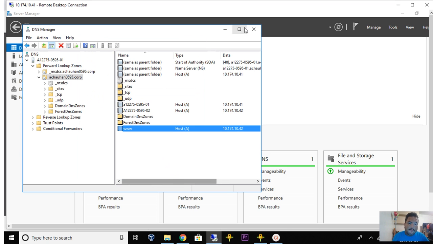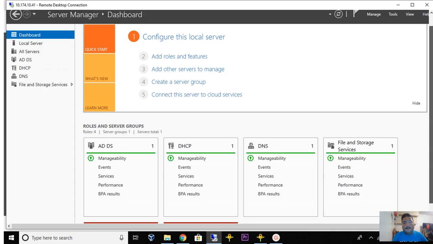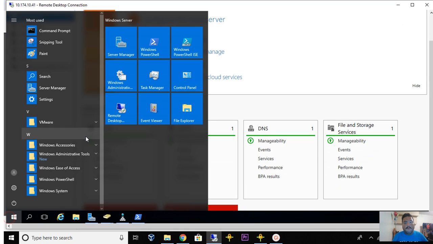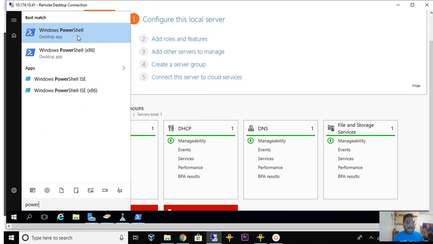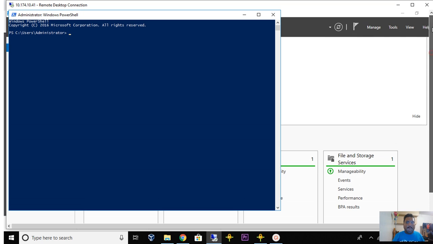When we do that, it will resolve the DNS name of the second VM when we look up www.counterid.com. So for an example, we go to PowerShell,